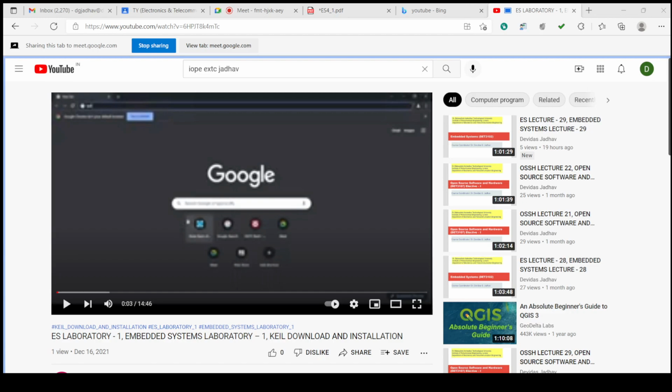The Microvision Keil assembler, this compiler is available online. We'll check how to download it, how to use it, etc. now in this lecture.